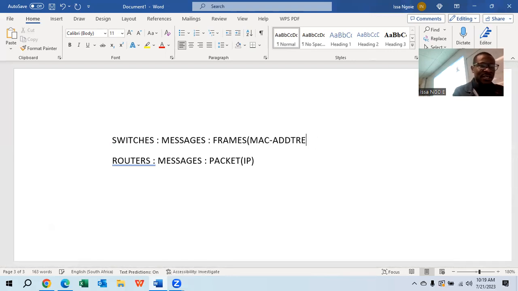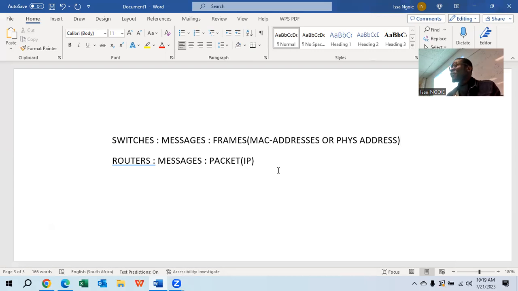MAC addresses, or physical address. So easy, right? This is how you have to understand this. Don't memorize the long definitions from the book, because it will come out one day. Make it easy, make it simple. Frames will use MAC addresses.